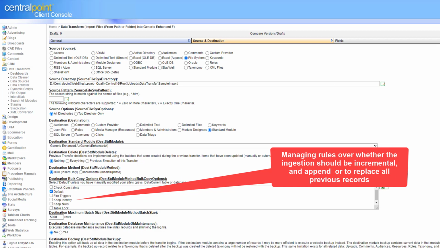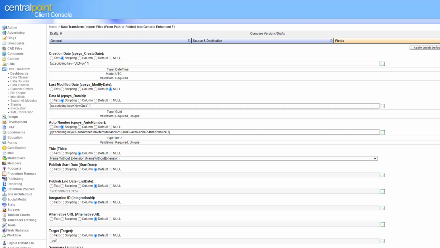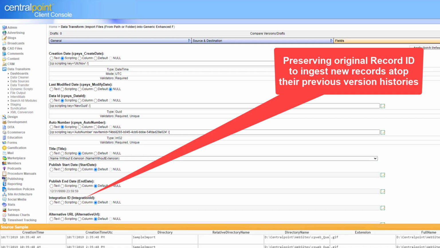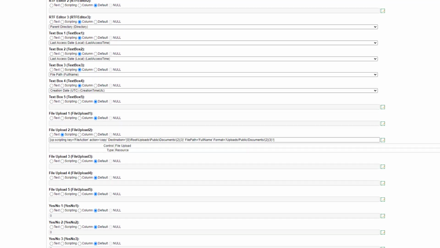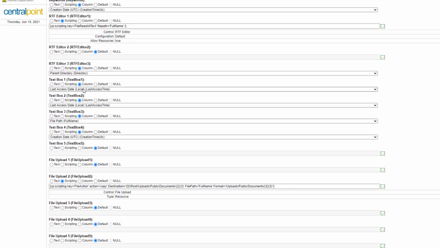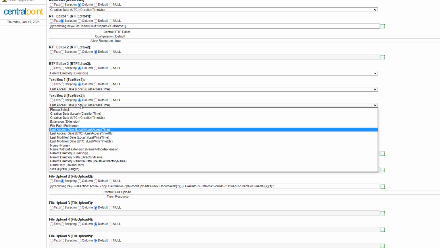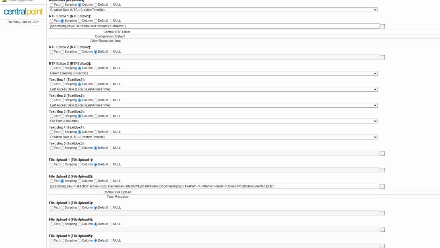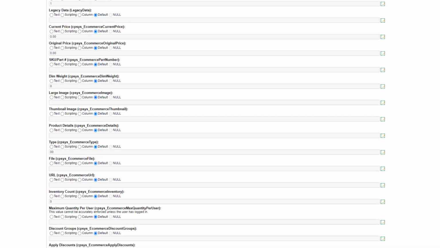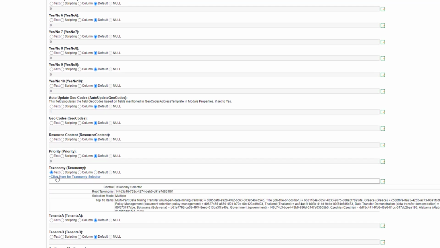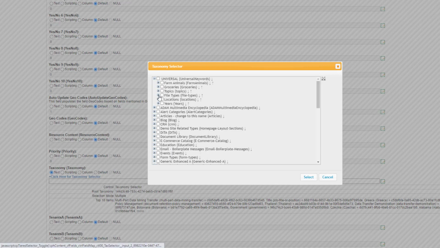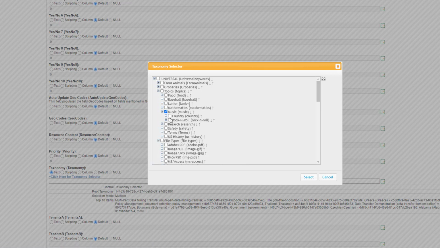Centralpoint also has the ability to maintain the original ID of each record. This means that if a record has changed subtly, we do not want to just replace the old record with the new one. We may need to ingest the new one on top of the old one, recording the version history of the 2 versions of this record, including what had changed between the 2 versions. This might be helpful in doing a side-by-side comparison of any record to see precisely who changed what and when